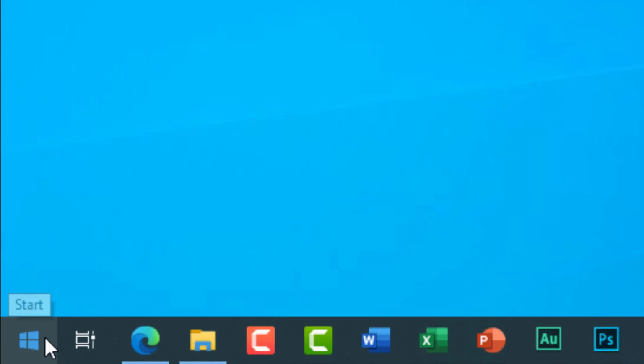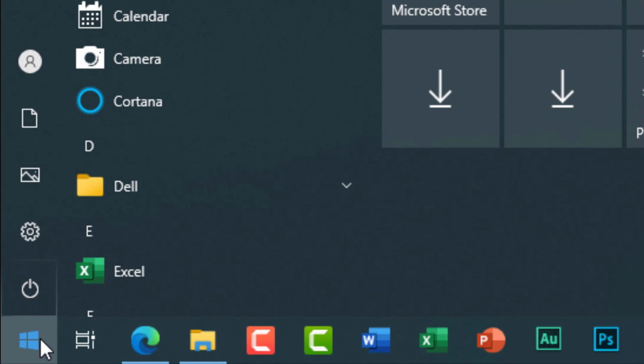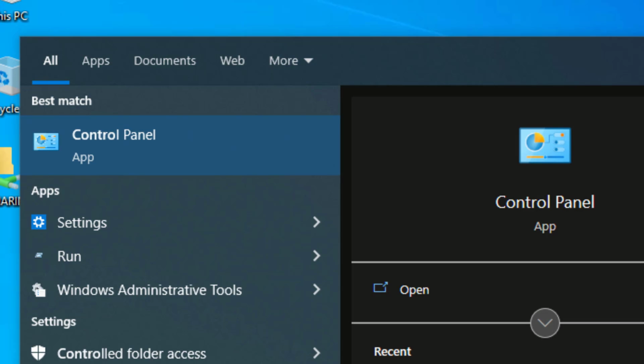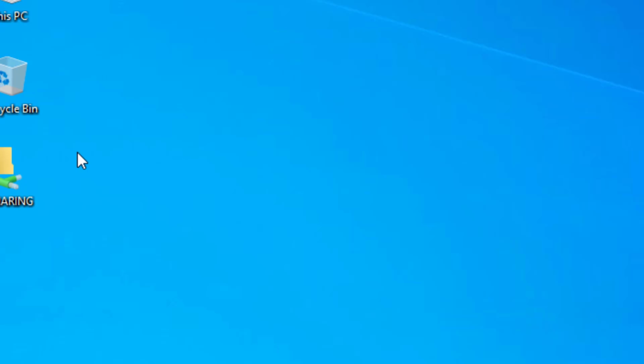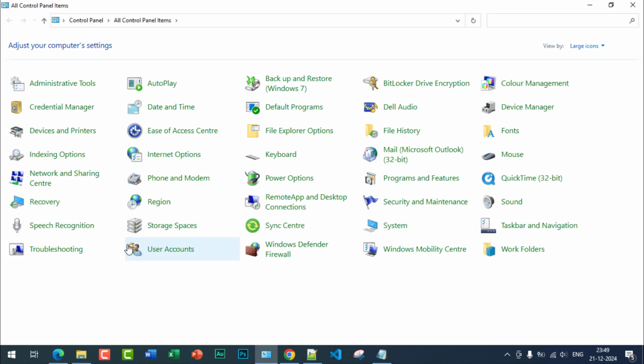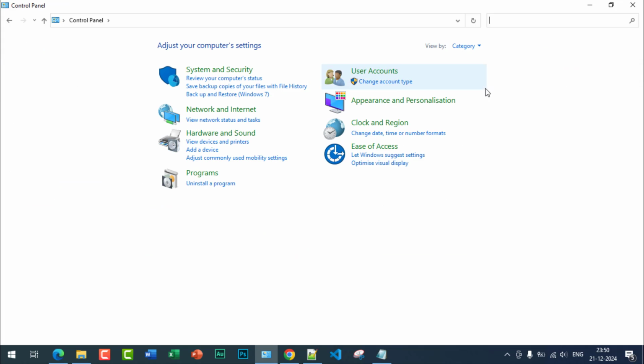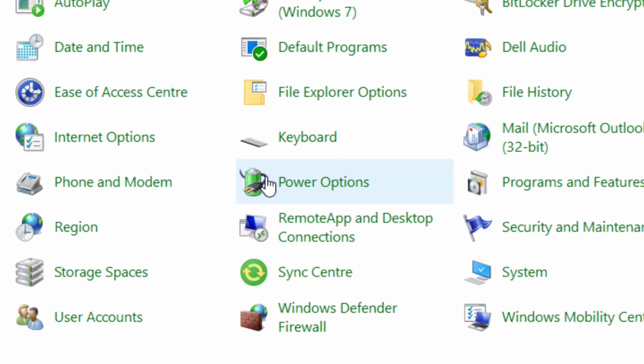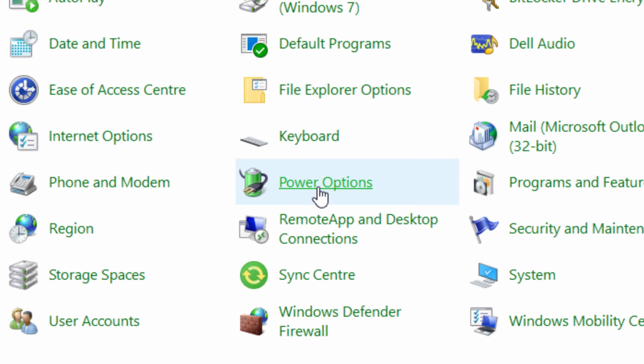First of all, click on Start and find Control Panel. Just click on it and go to Power option. If you didn't get this, please change here Category View to large icon. So you can see the Power option is here. Just click on it